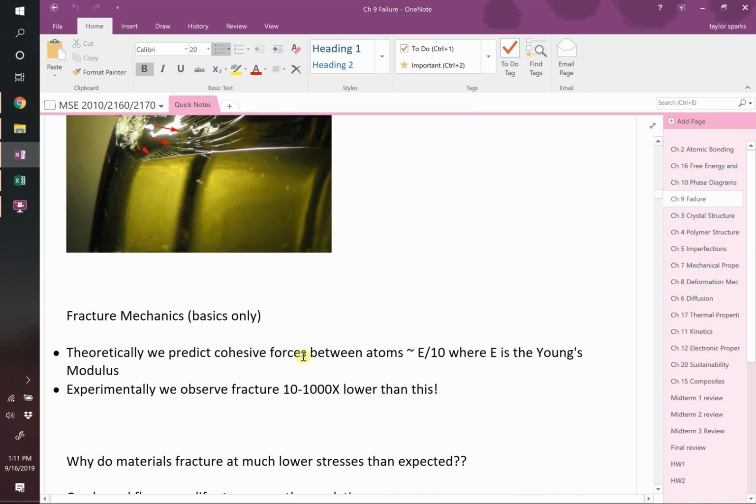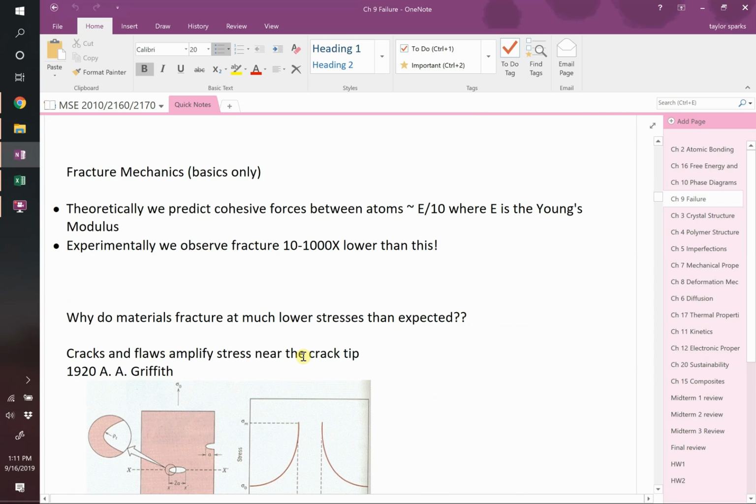Okay, we're going to just introduce the very basics of fracture mechanics. Those of you that are mechanical engineers will likely take whole courses on this. We're just going to cover the main ideas. And the big problem that scientists were trying to figure out when they started studying fracture mechanics is that if